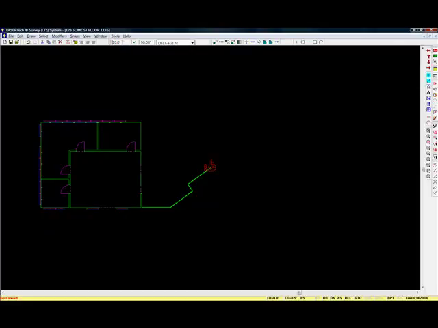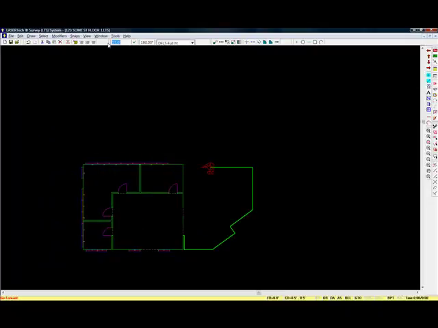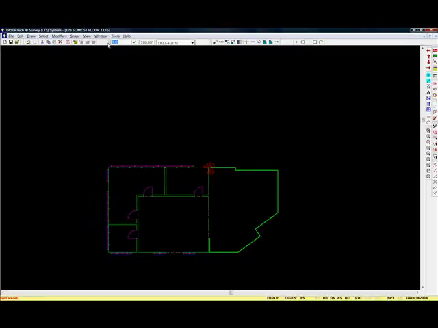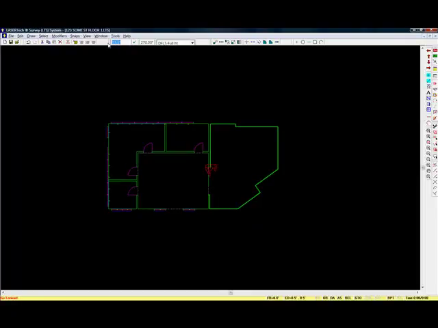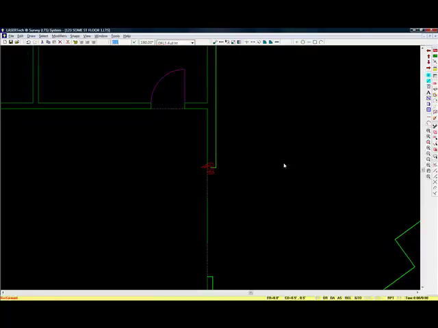and we are going to measure the length of this line, and we find it's 15 feet, and then we turn left and we go 15 feet again, and then we turn right and we go 1 foot, and we turn left and we go 9 feet, and then we come down 15.5, and I'm just going to zoom in a bit, and again we match the door jamb, come across, and now you can see we have a little bit of a misclose, but that's expected going around